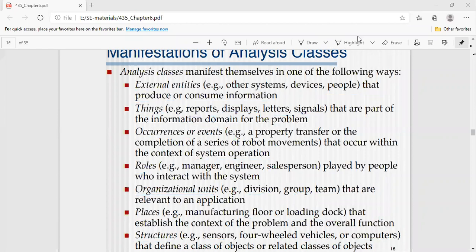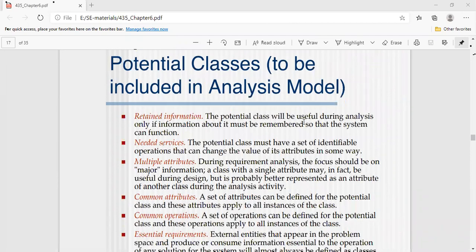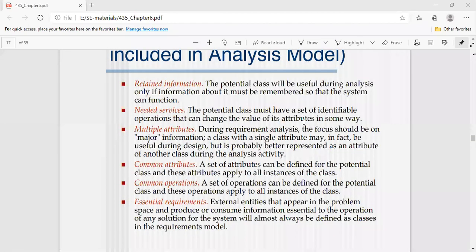And if we move to the third slide, potential classes. What are the potential classes we need to include in this particular analysis model? First one is retained information.